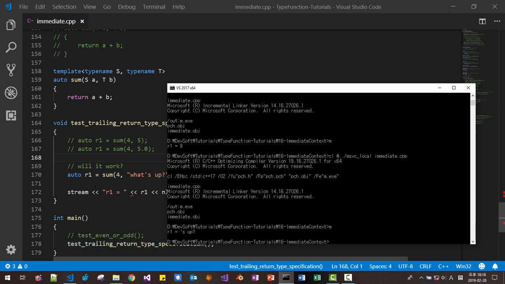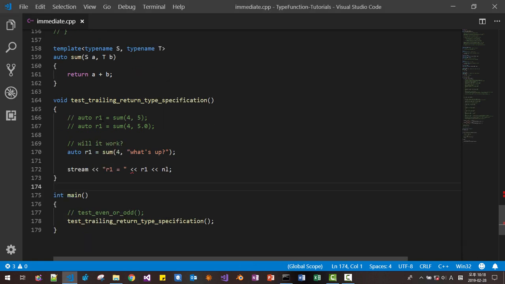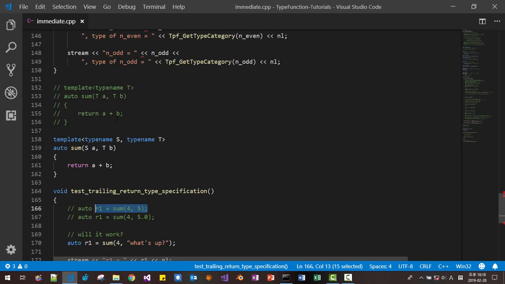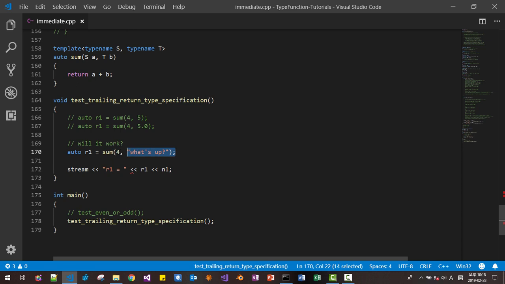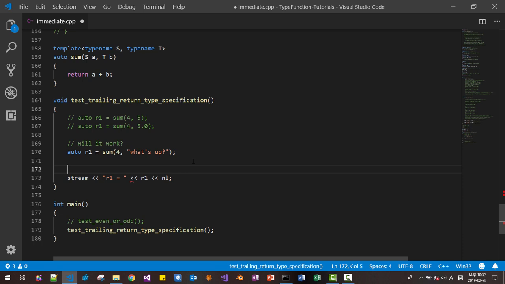But the result is a little bit strange. How come this sum function works? We originally wanted to solve the problem of this approach. Then we introduced another template parameter S. We solved this problem, but we have another, unexpected problem. How can we solve this problem? Let's understand how it works first.